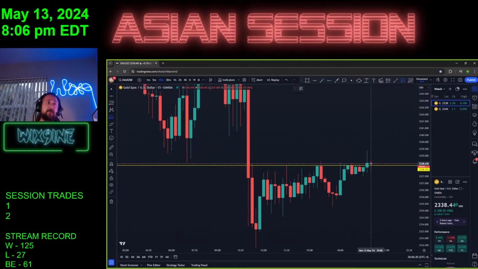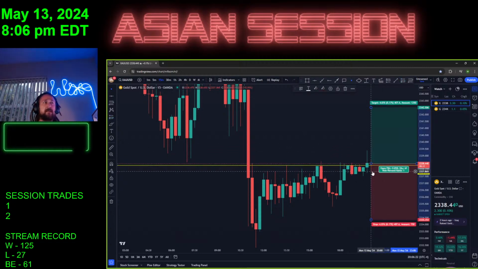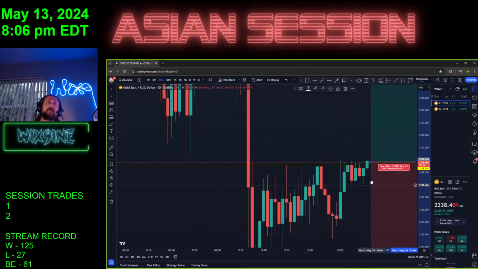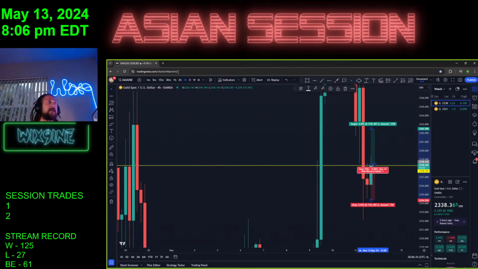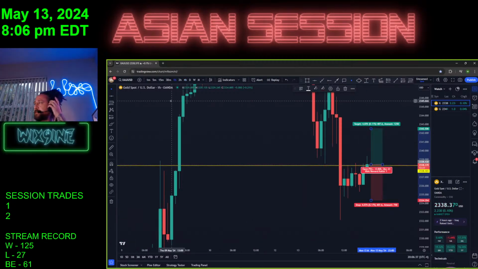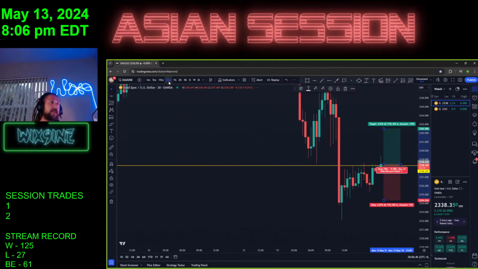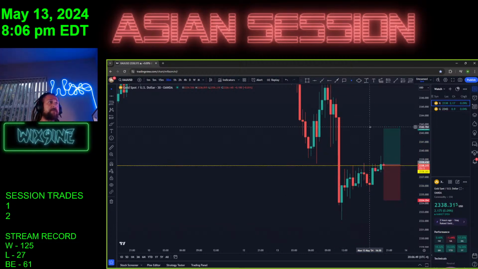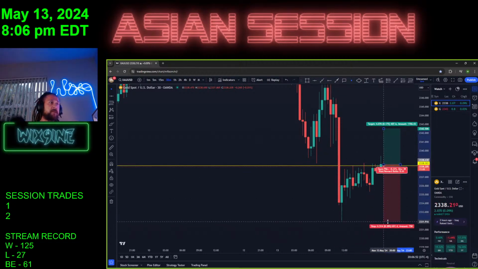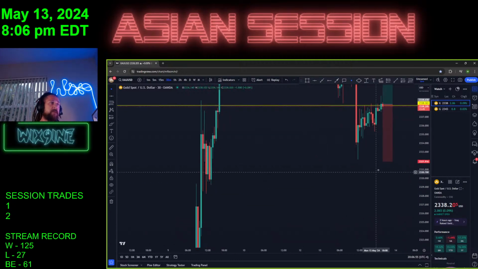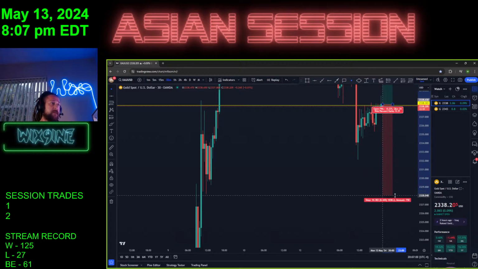We just got a closure outside the range. We retested the most significant support, and I expect this to create a steeper 4-hour wick. If that's not the case and we start driving down, then that's it. But I didn't do much of a breakdown here. I was really concentrating on how to get these platforms working together. But I still think we need to come up and raise some highs. If we end up closing back in range, we'll manage risk. TP overall here and stops overall here for now. I think they'll be much slower, so we can still come down. We'll see. For now, this is it.